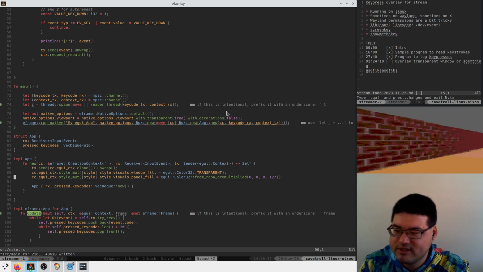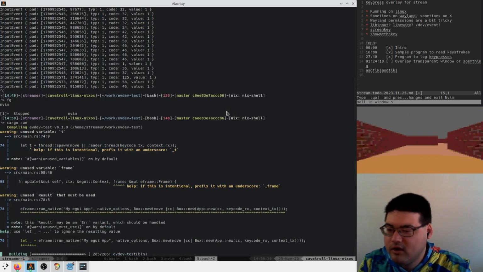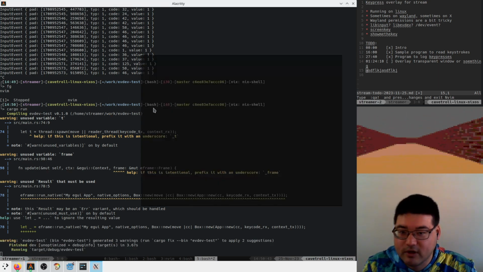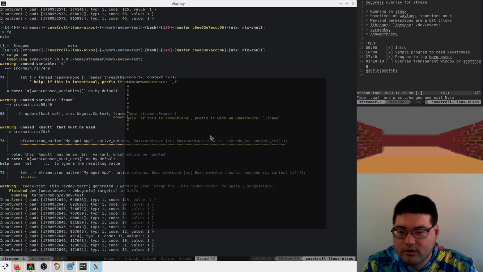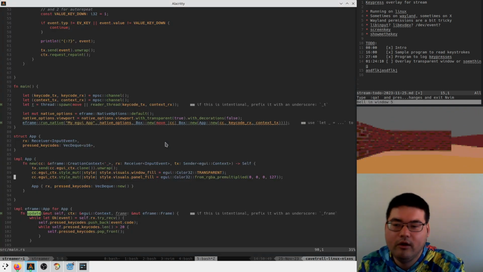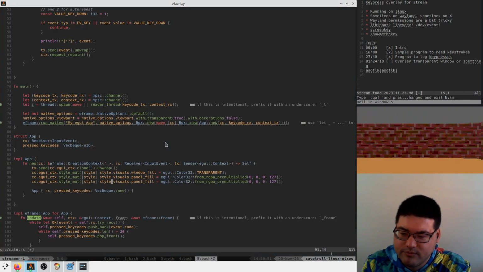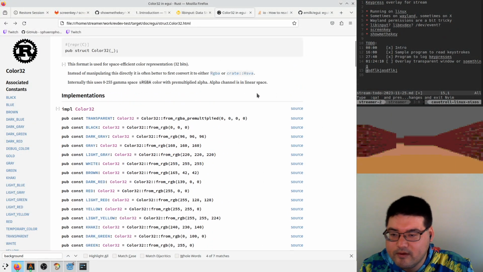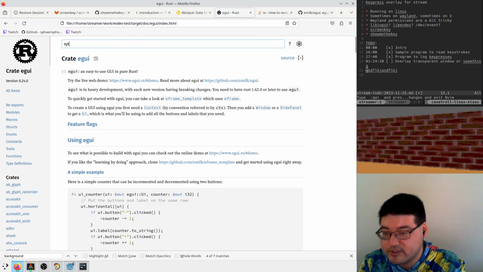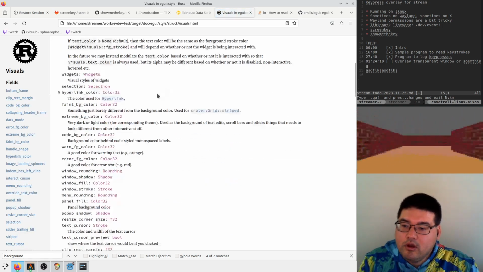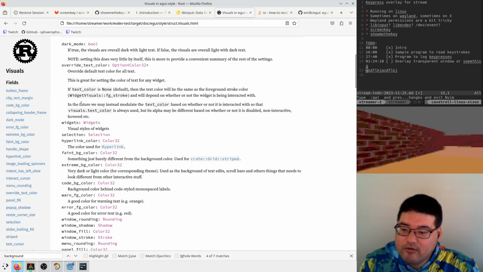And do we have to set the same for the window fill? Probably not. If the window is completely transparent and the panel is half transparent, we should see total half transparent. Okay. So yeah, we can do something like that, and then we can make the text bigger, bolder, and brighter. So probably they have something for that already. So probably on their style or visuals. They probably have like